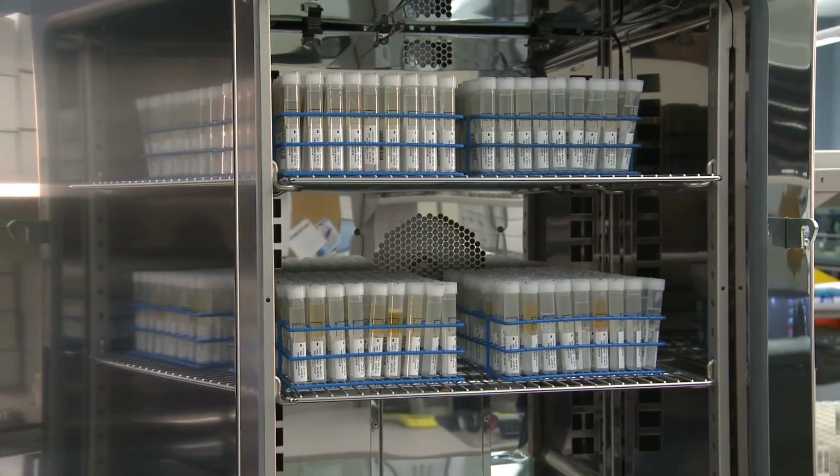At this point, your sample's been taken out of the box, scanned, and heated in an incubator, but your spit's still in this plastic tube. It turns out that cells from your cheeks and gums and white blood cells make up less than 1% of your saliva, and all that DNA that we're looking for is inside of those cells. So what happens now is a pretty amazing process of separating your DNA from the rest of the stuff